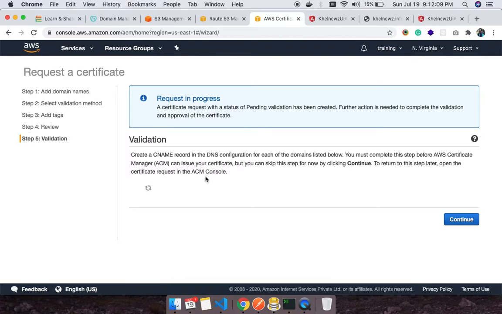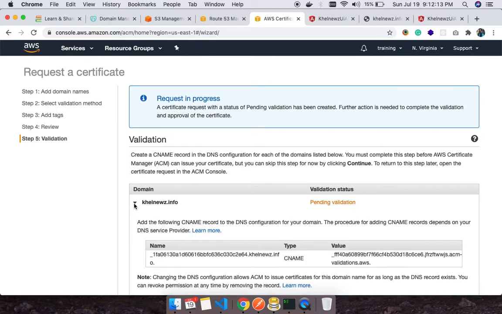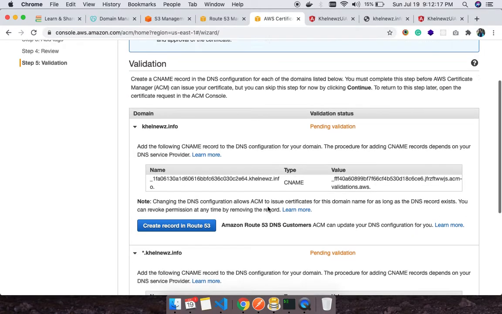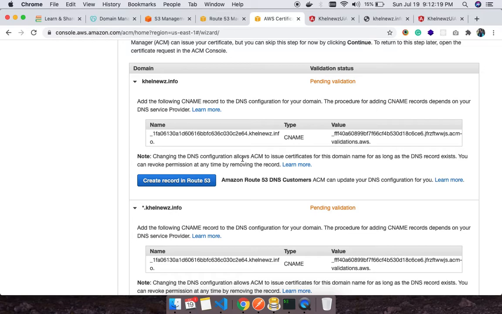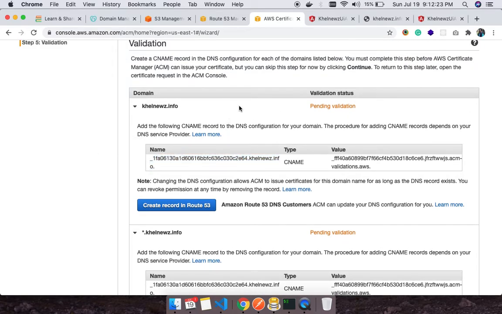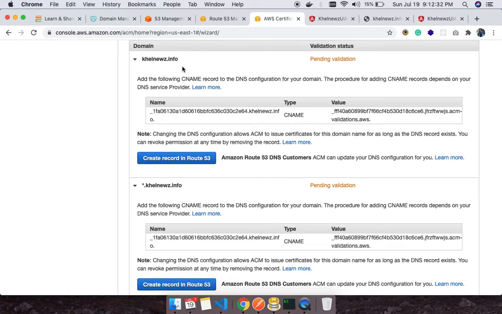Now it will give you two types. Same type, which is CNAME, but two different values, because we have added two domains. So if you add one new domain, there will be one more entry here. So currently there are two entries because we have added two domains.